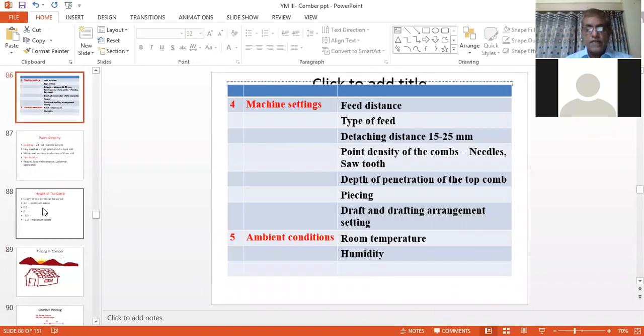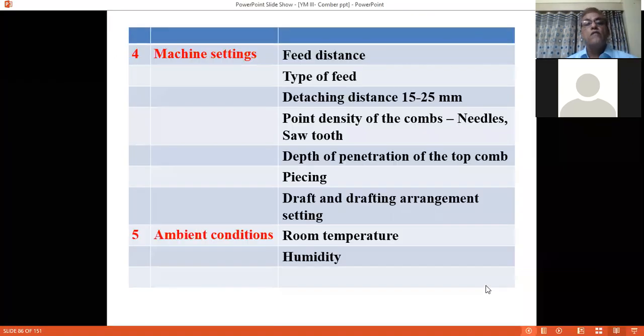In today's lecture, we will study machine settings and effect of ambient conditions. We start with the feed distance. Regarding feed distance,